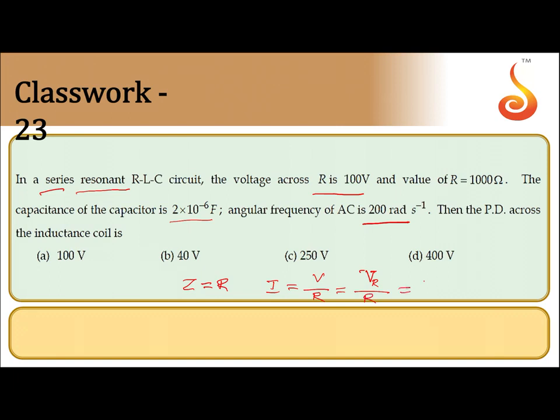So current in the circuit will be 100 volt divided by 100 ohm, that is equal to 1 ampere. So current in the circuit we got it is 1 ampere. So this is 1000 ohm, so it should be 0.1 ampere. So if it is 0.1 ampere at resonance,